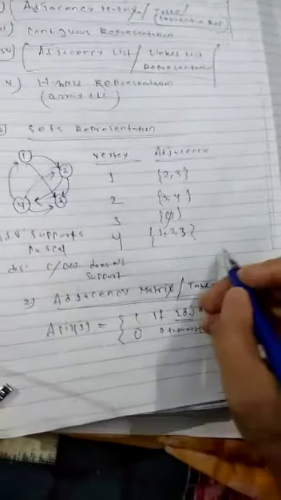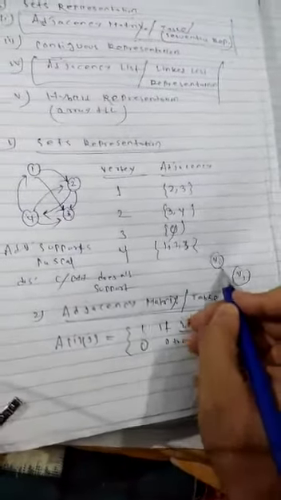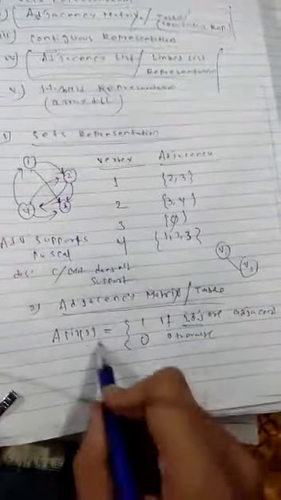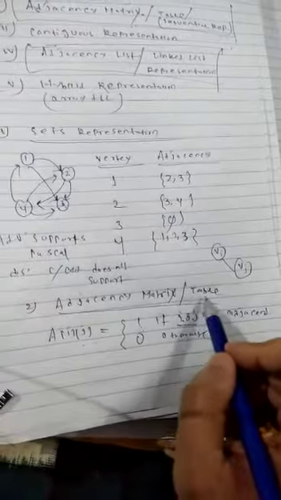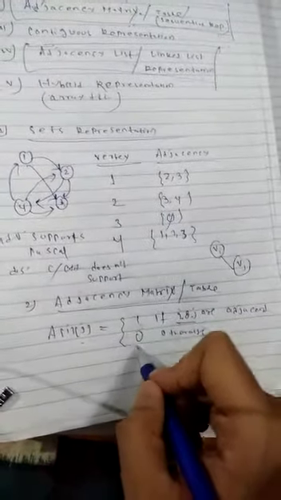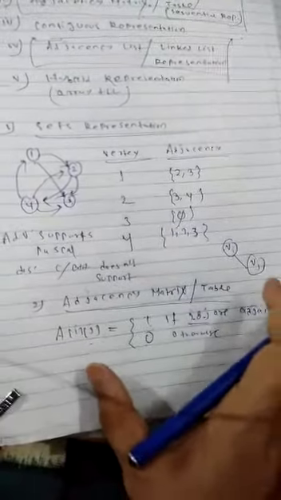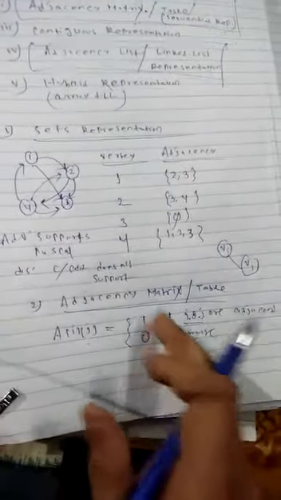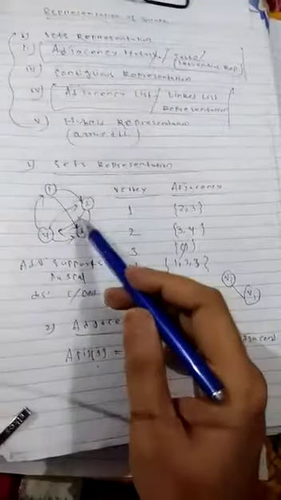That means suppose 2 nodes are there, vi and vj. If between vi and vj there is an edge present, then we have to write aij equal to 1, otherwise we have to write 0. So that is your adjacent matrix or table. Sometimes, in place of 1 and 0, it is written as true or false. If it is present, we write true. If it is not present, we write false. But generally in your syllabus, it is 1 if the edge is connected or 0 otherwise. So see how to represent the adjacent matrix for this graph.